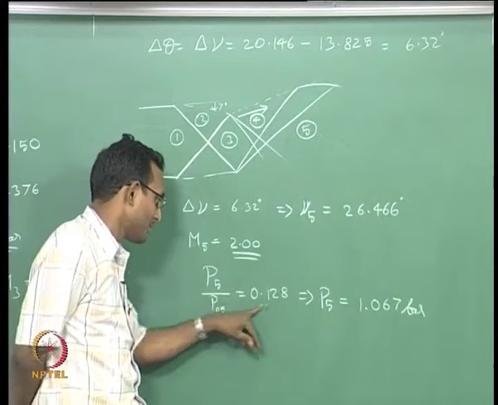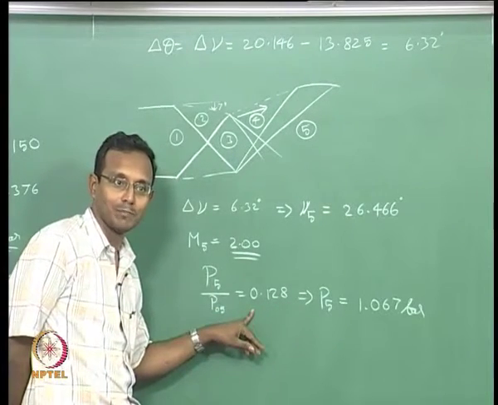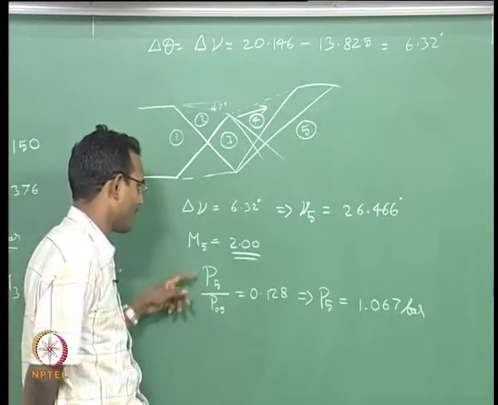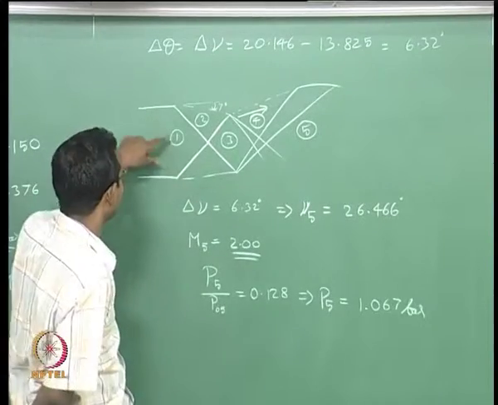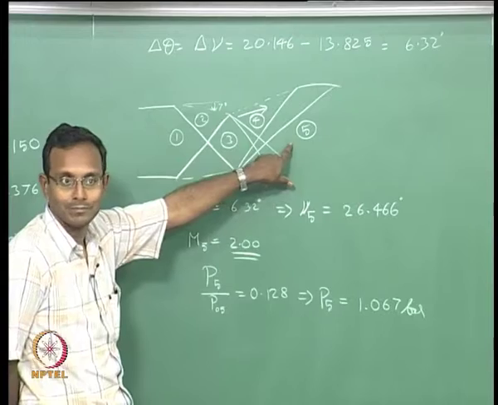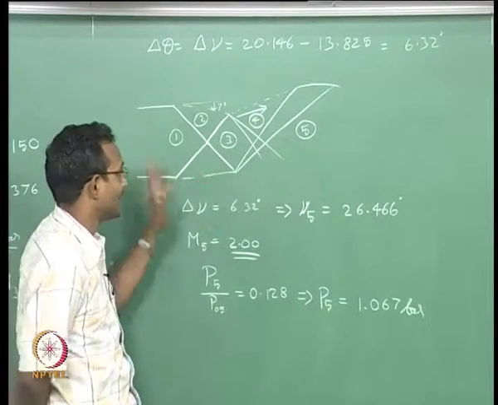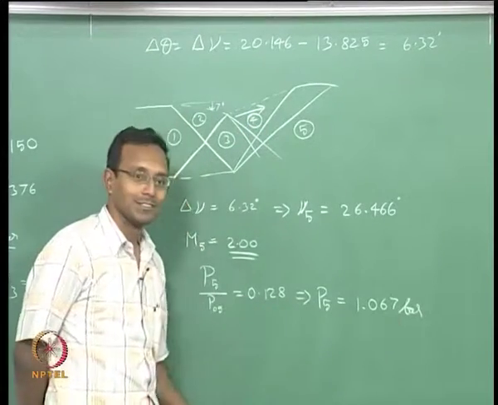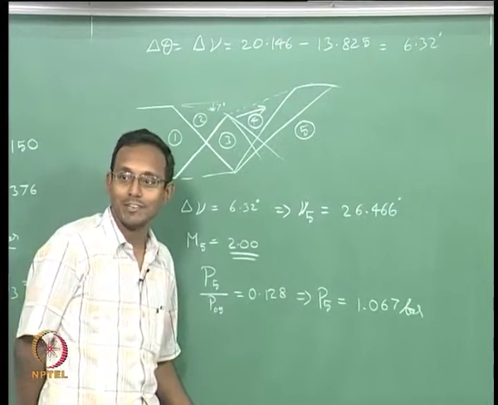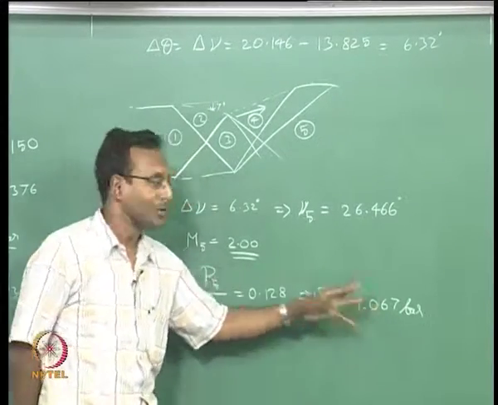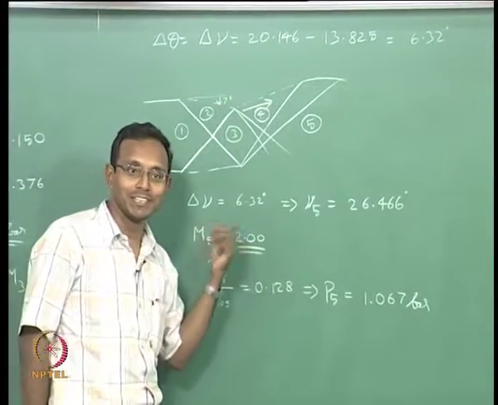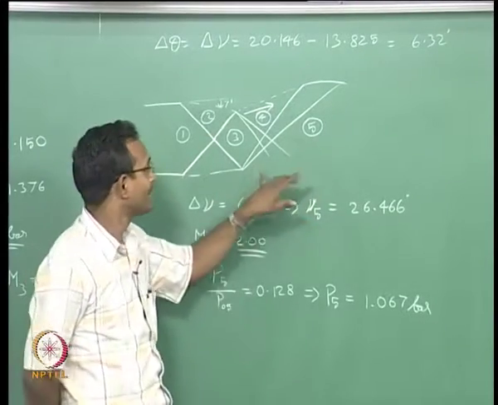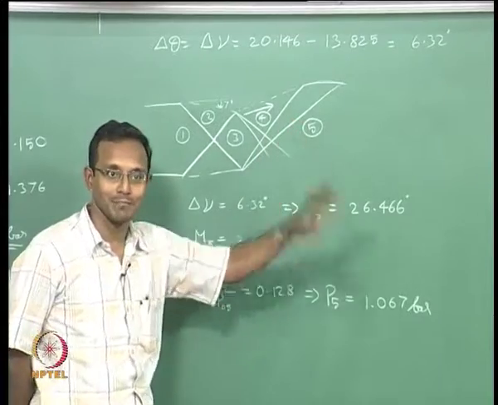Okay. So, have you ever seen this number before? Last class when we were solving this P critical 3, we got this exact same number 0.128. Why? We were looking for P by P0 for M equal to 2. One more thing to notice, we started with M equal to 2, we ended with M equal to 2. Okay? That is how it just keeps going up and down across there. Ideally, I should get back to 0.24. I did not get 0.24, I got 1.067. This is because of all those round off errors I had and accuracy in interpolation and all those problems. Okay. Ideally, it will just go up and down across this. If I solve for one more cell exactly, it should go through the exact same process again.